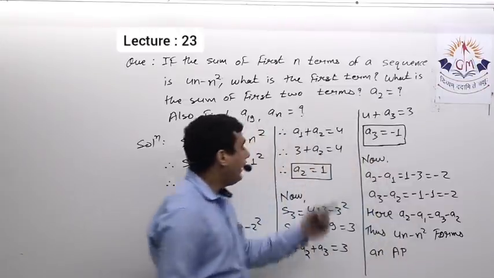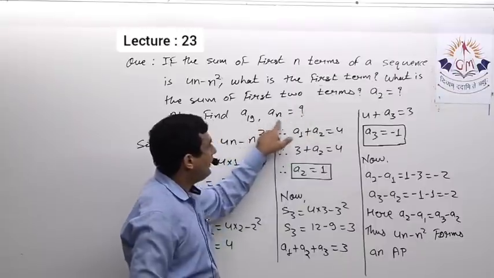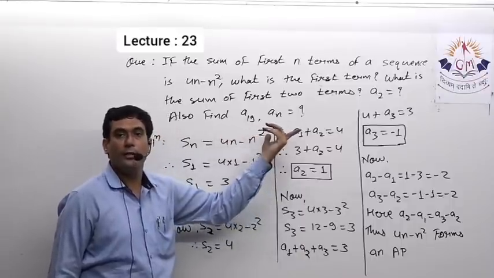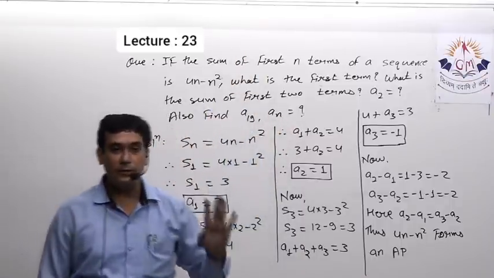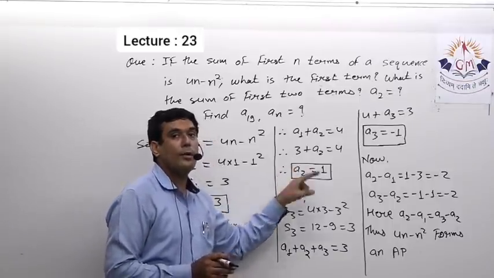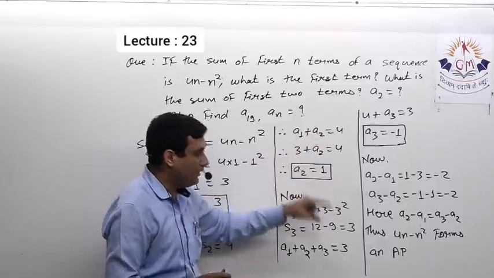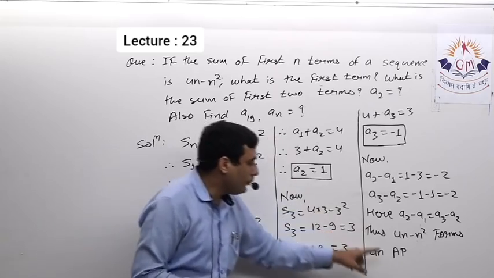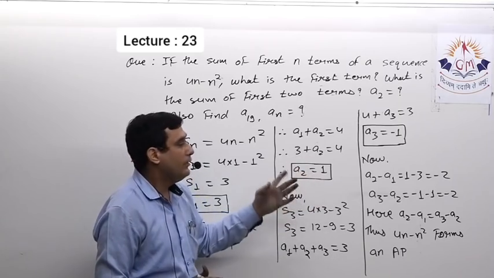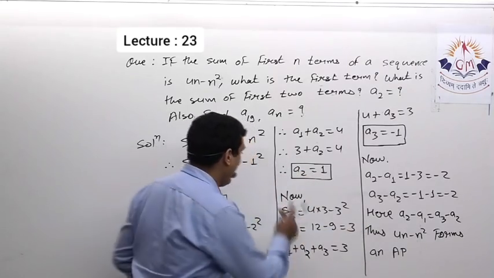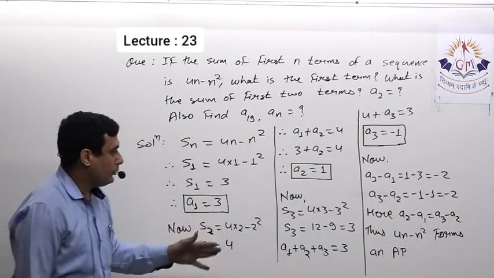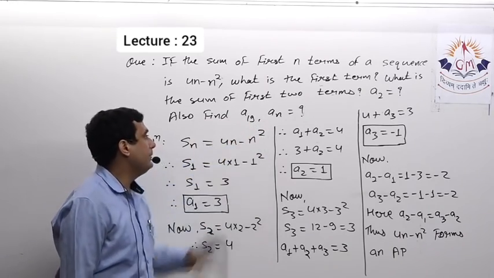Now see why I need to show this, because I have to find an, and suppose it is not an AP, then it is not possible to find the an. As I told you in the first lecture, regarding the difference between sequence and progression, a sequence may or may not have the formula for the nth term, but definitely a progression has. So here we proved this is a progression, that is an arithmetic progression. Now definitely we can apply the formula of an. What is that? a plus n minus 1 into d. I have a, I have d, so I can apply that formula. So please note it down, then I will find an.